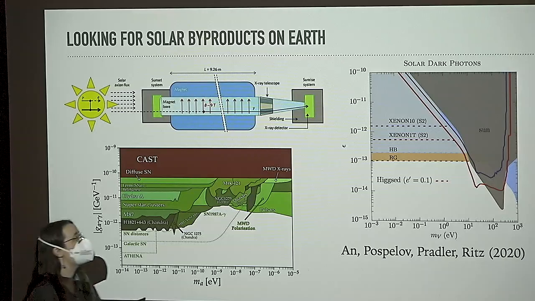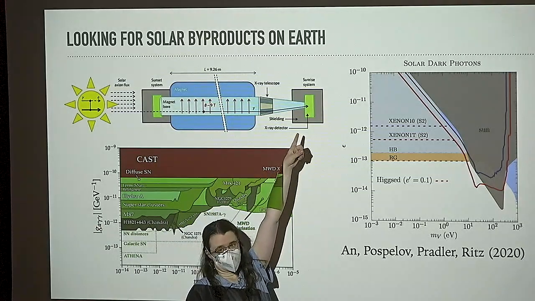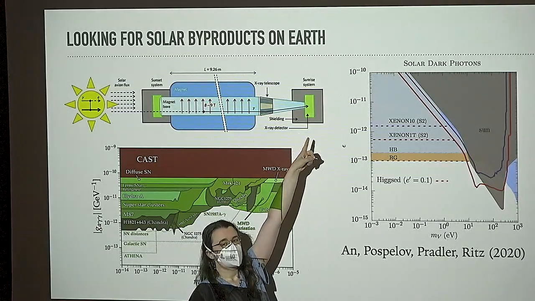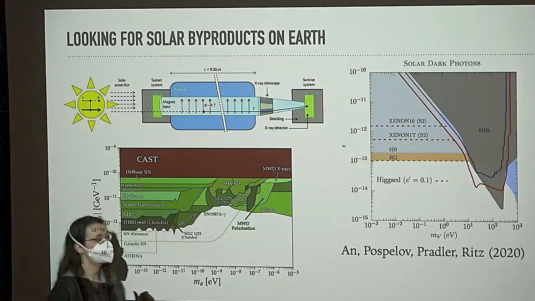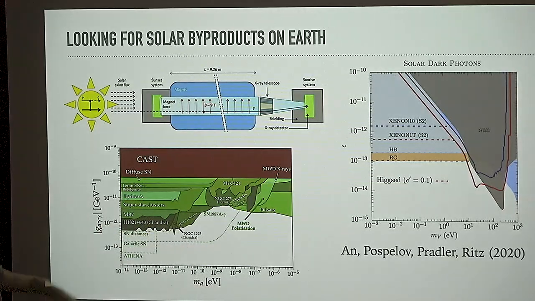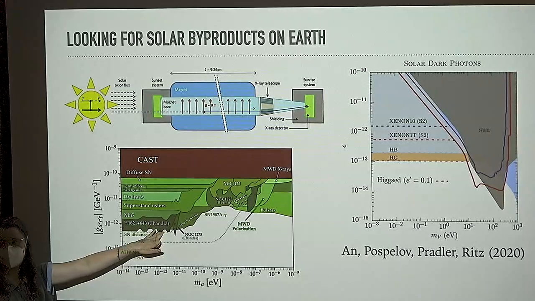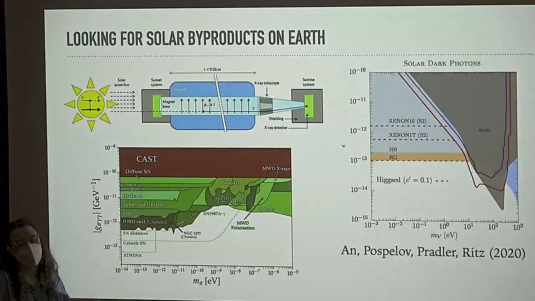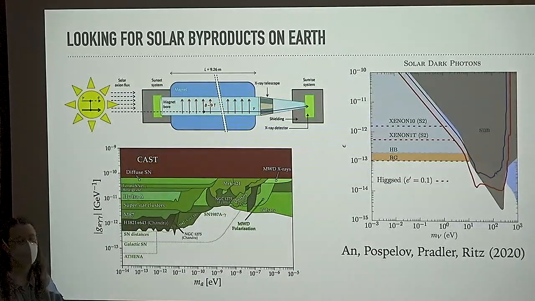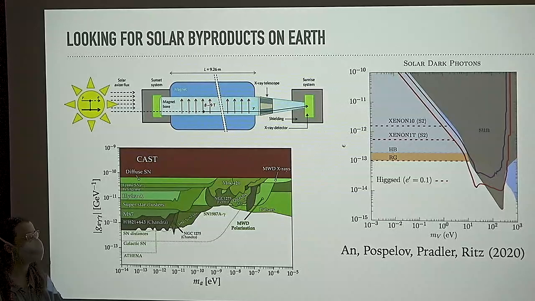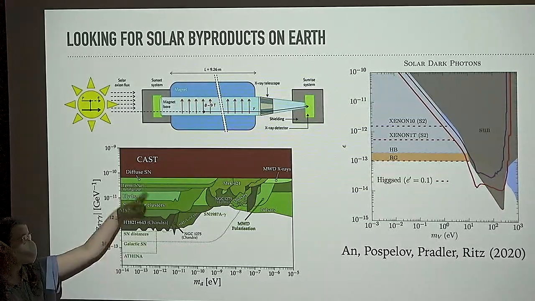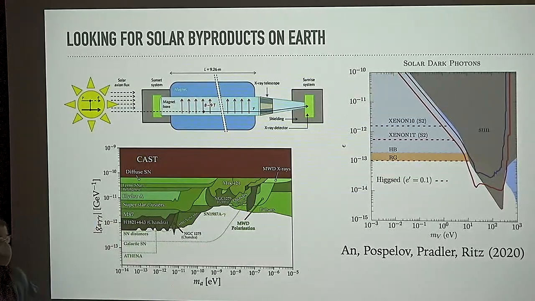And so what you're going to want is an X-ray detector that can pick up those keV scale X-rays. Okay, and so that's how CAST works. It's sitting kind of up here, so it's not quite as sensitive as some of these other probes. However, what it does have going for it is I think it's very, very well controlled in terms of systematics,